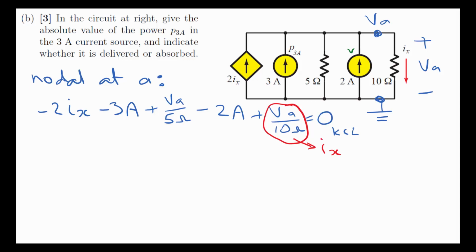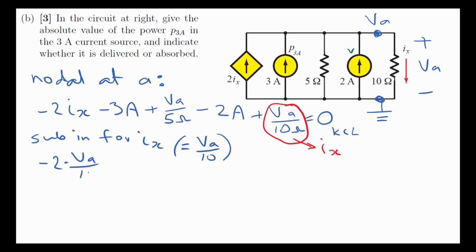Now let's simplify our expression and sub in for IX, which we know is equal to VA over 10. So when we sub in, we have minus 2 times VA over 10,